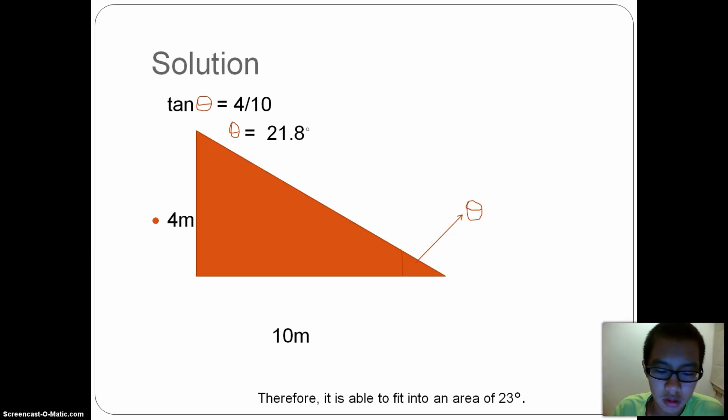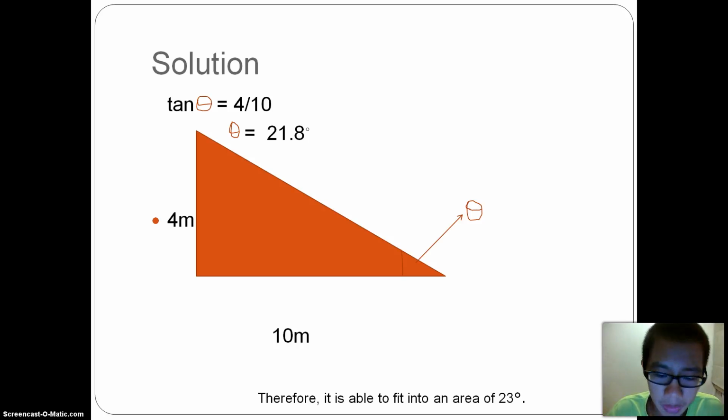Okay, so based on what I observe every day, a corner desk is always a triangular table. What we have here is 4 meters and 10 meters. We want to find theta, because we want to know this angle. We want to see whether it fits into the area of 23 degrees. If it doesn't fit, then you're not going to have a table to do whatever you want on the